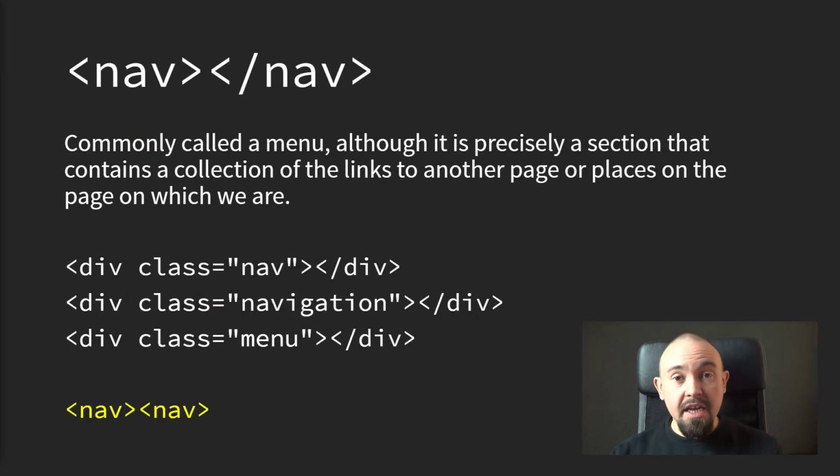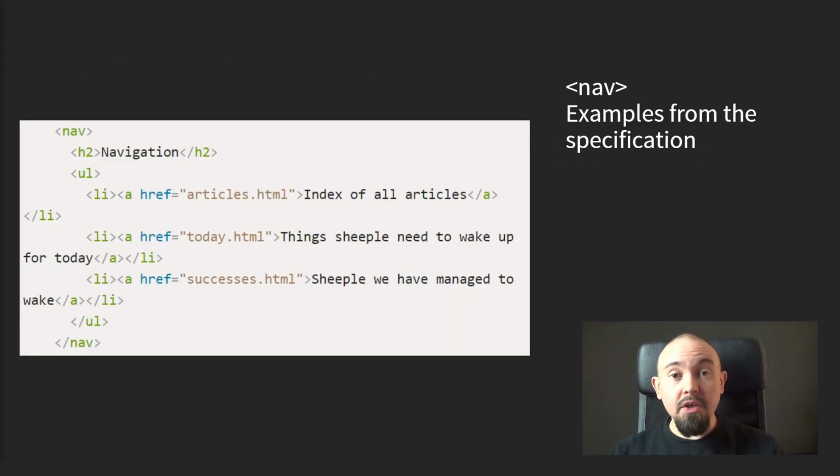Nav. Nav stands for navigation. We usually use it as a menu. And before the nav tag was created, we often used the div tag with the menu or nav class. Now we should only use the semantic nav tag. We very often build a navigation using a list, usually the UL tag, which is the unordered list. And in this example, we can observe it pretty well. Additionally, we can notice that the list items contain the A tags, which means that they are clickable links to